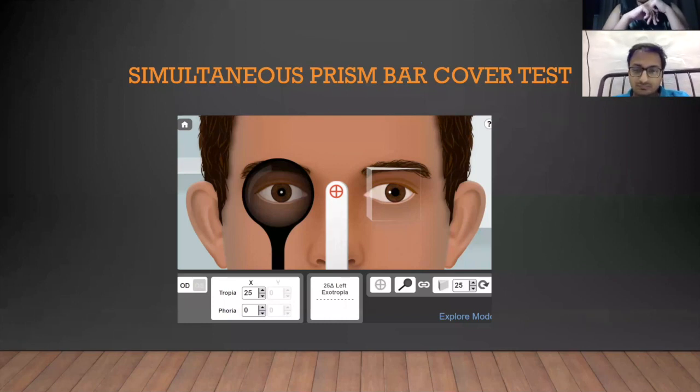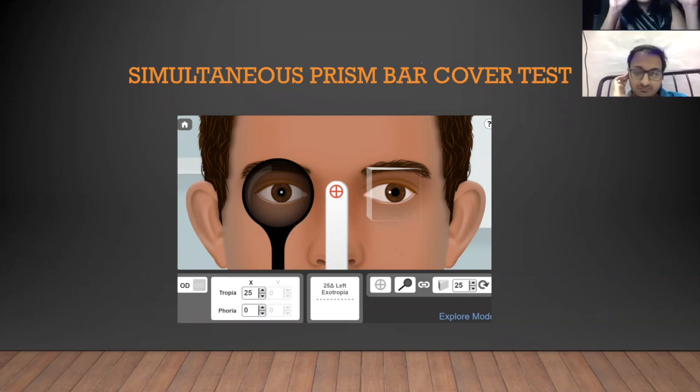So what I do is, now my left eye is exotropic, imagine. I use a cover to occlude my right eye, which is my fixing eye. And I use a prism with the base in front of the left eye, for exotropia, and I simultaneously neutralize the amount of squint. Say I put 10 prism diopters and I saw that the eye was still moving from out to in. That means it is still not neutralized. Then I put 20 prism diopters and it still moved from out to in. Now I put 25 prism diopters and I see that the eye has stopped moving. It is in the center.